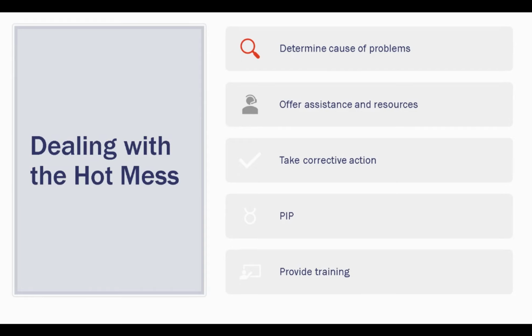If that's not something available to them, then do what you can to help them find a resource. You might also encourage a physical exam and possibly a screening for ADD and other related issues. But if the problem has nothing to do with issues at home or at work, then you'll have to approach it from a corrective action perspective.